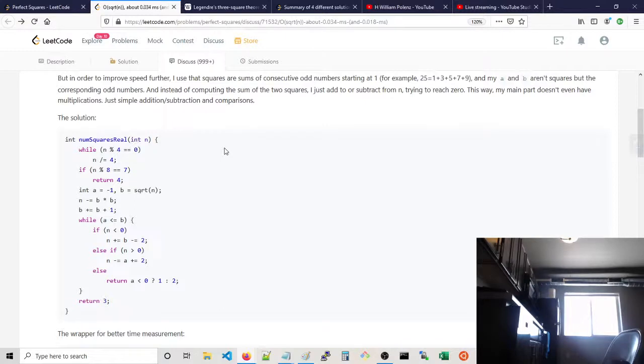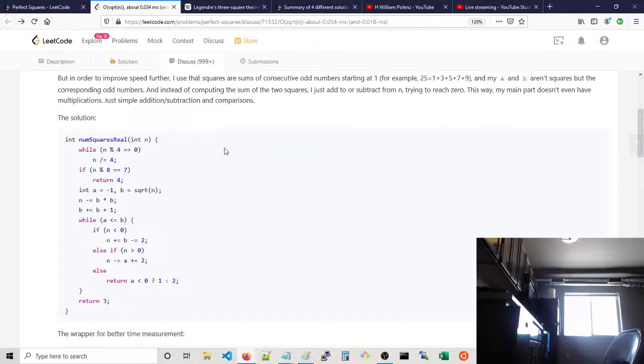So you don't need to set a to 0, because I'm trying to figure that out. What you do is you check that square root. If you multiply that by itself, is that going to give you the number you're looking for? If it is, return 1. Otherwise,